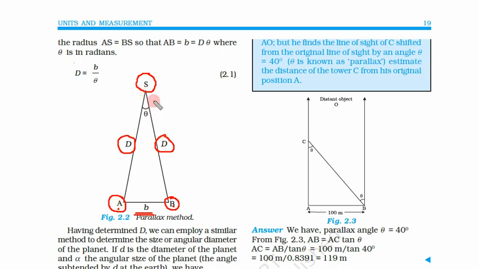Now if the left eye sees this towards a little bit right, as we have discussed, the right eye will see this towards a little bit left side. So between these we get an angle theta. This is the situation, and here we are using the parallax method. Because of parallax, we are seeing the same thing at a slightly different position, and those positions make some angle on our eyes or on different telescopes. So that is parallax.